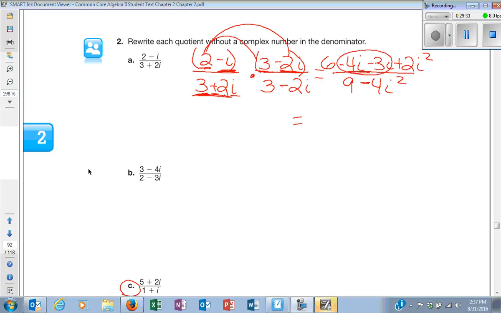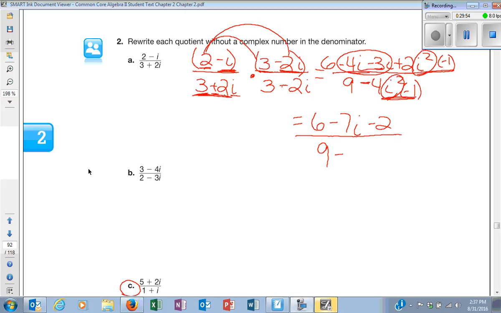These guys can combine like terms. This can turn into a negative 1. This can turn into a negative 1. So let's see what that gives us. 6. These combine to a minus 7i. And this right here turns into a minus 2. Over 9